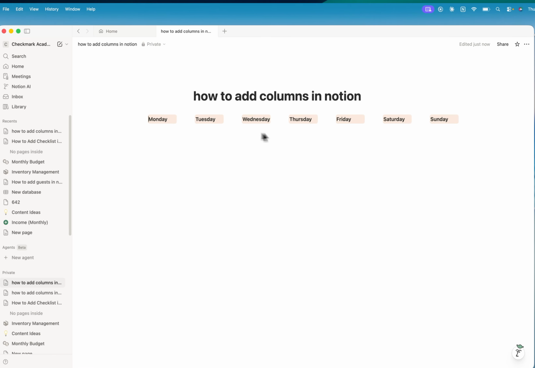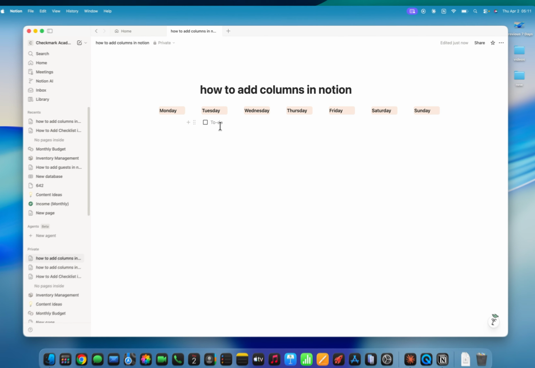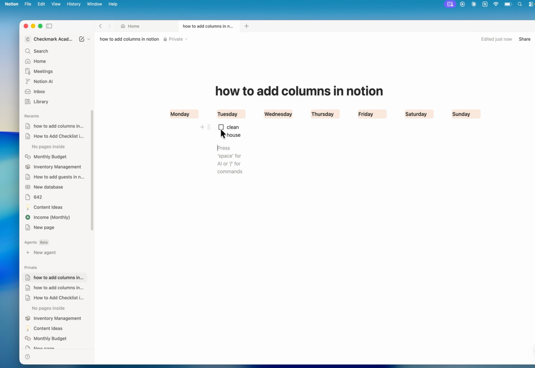And now what you can do is, let's say, add a to-do list to each day. So let's say I'm going to start with Monday. I'm going to click on this plus icon and just type to-do and then select the to-do list, and this is going to add the list, and you can add your tasks. So let's say I have to clean house, so I'm going to add it like this, and then you can check